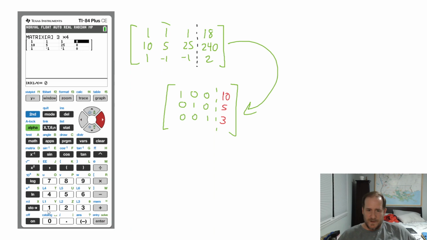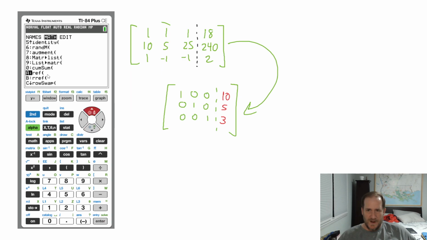I'll enter now the 18, 240, and 2. You have to hit enter. And I'll quit to the home screen. I'll go back in, and under matrix, under math, where you can find determinant and stuff, way the heck down here, is RREF. What's REF? Row echelon form? We definitely need to have reduced row echelon form. So choose option B, and then go back into the matrix and choose A. And basically this is a command